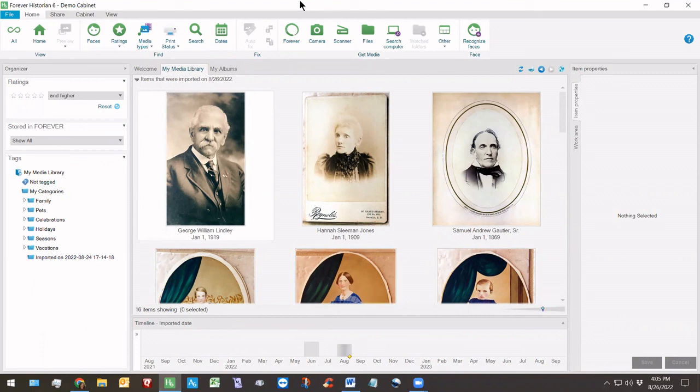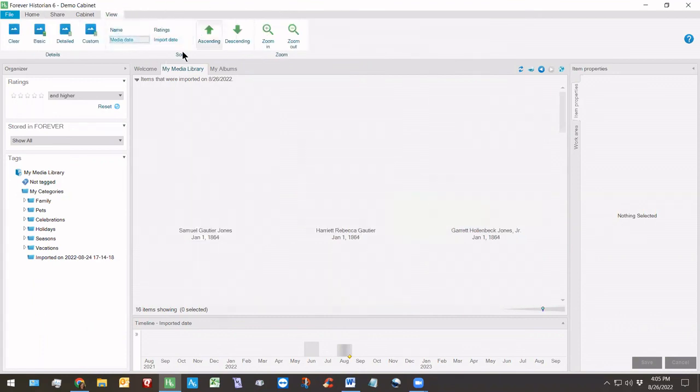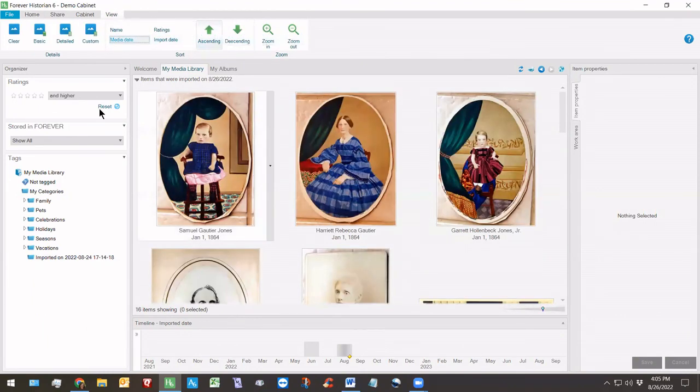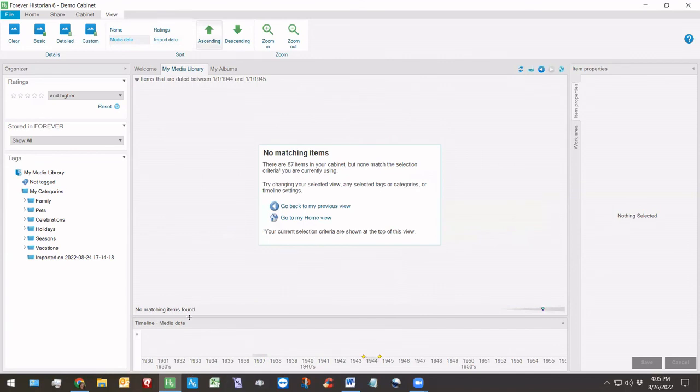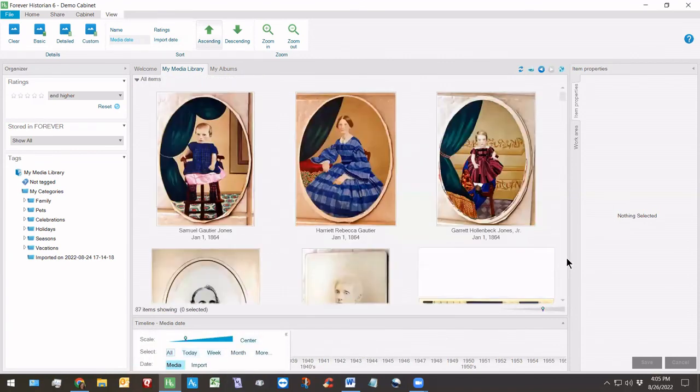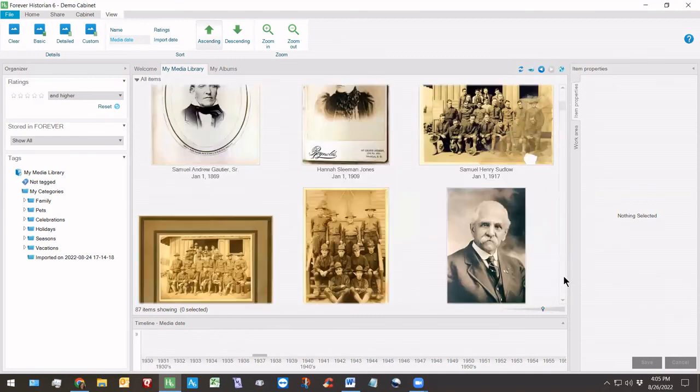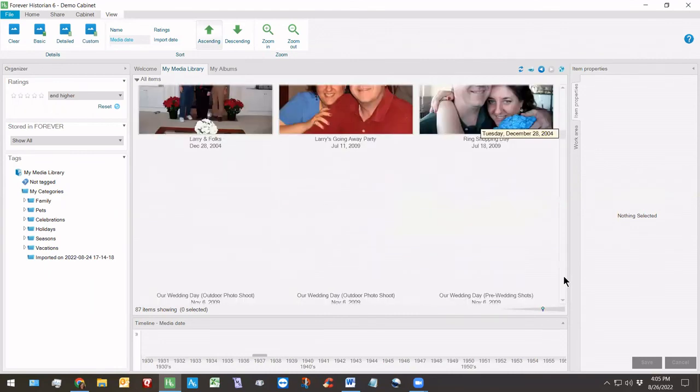In the meantime, if you want to see what's in your cabinet to date, click on view, media date, ascending. That way it's top to bottom from the oldest to the newest. And then go down here, hover over that. It'll pop out. Click media and all. And that'll show you, I clicked on 1944. That was my mistake. So now it shows that I have 87 items in here. Not everything is going to have names because I noticed,